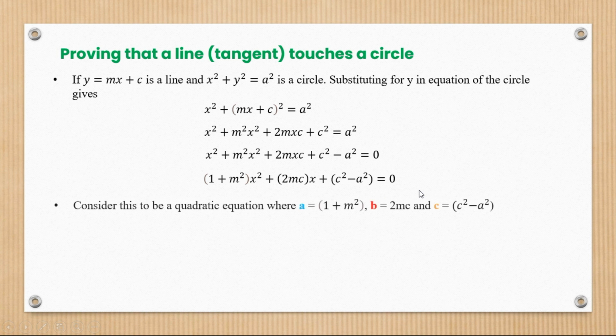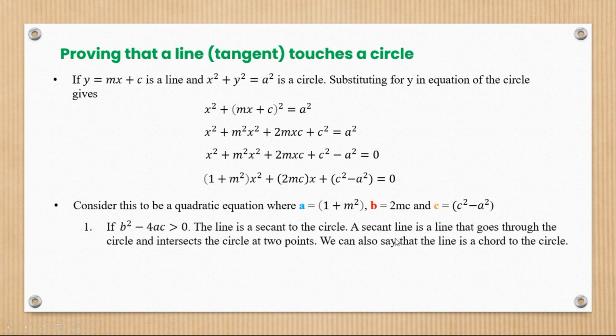So now if we consider this to be a quadratic equation where a is equal to 1 plus m squared, b is this 2mc, and c is this c squared minus a squared. Now remember, these a, b, and c here are what we represent as the coefficients of a quadratic equation. So that's what this a, b, and c here mean. So if we focus on them as coefficients of a quadratic equation, we can see that if b squared minus